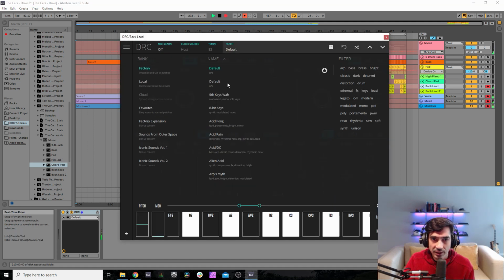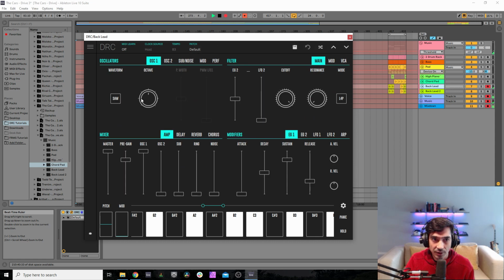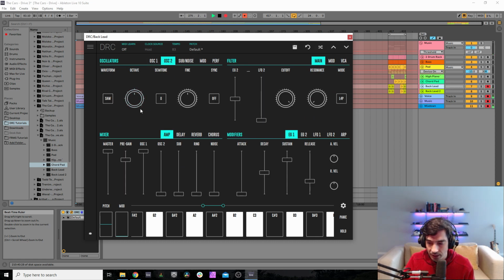Bring back the default patch. And now drop 1 octave on oscillator 1, drop 1 octave on oscillator 2. And now first raise oscillator 2 and now detune it to 0.72. Pre-gain at 809.